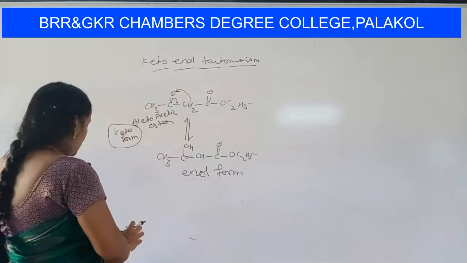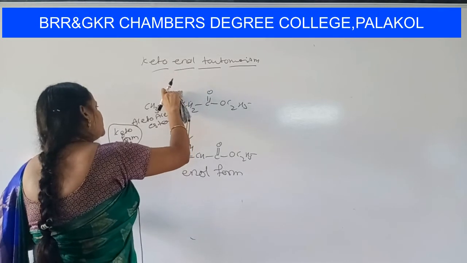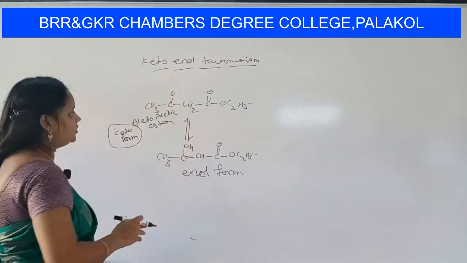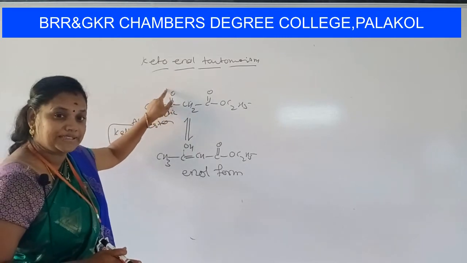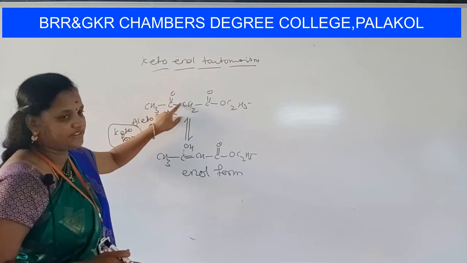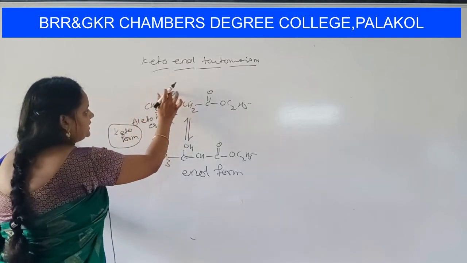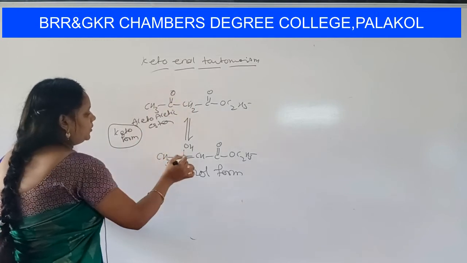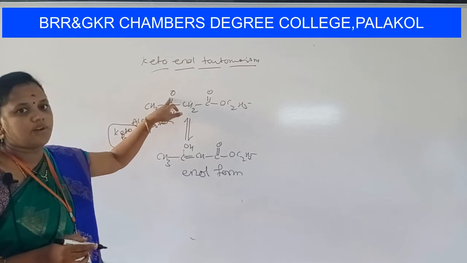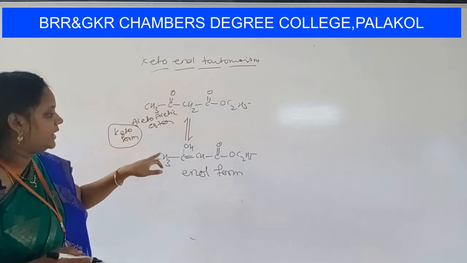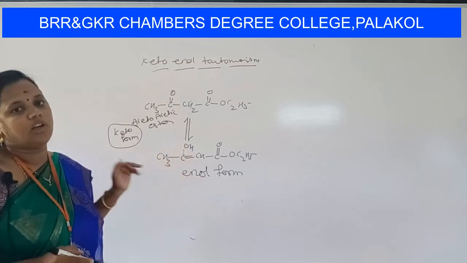Please remember how we are writing the enol form. For your understanding, I have given arrows. Please don't write the arrows in your books. H will be shifted here, so double bond O plus H. This bond will shift here. Understood? The bond is shifted here, double bond. H is shifted here, so the carbonyl group becomes a hydroxy group. If it is in the C double bond O form, the form is called the keto form. If it is in the form of double bond COH, it is called the enol form.